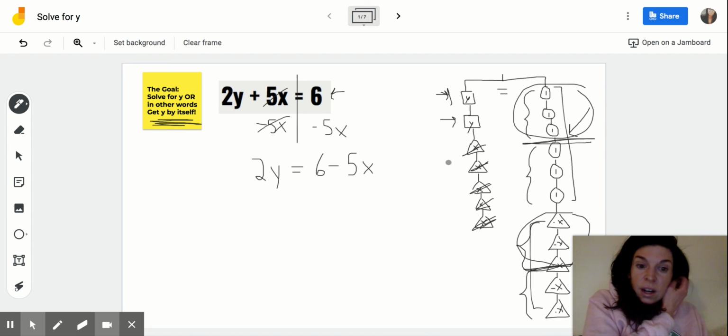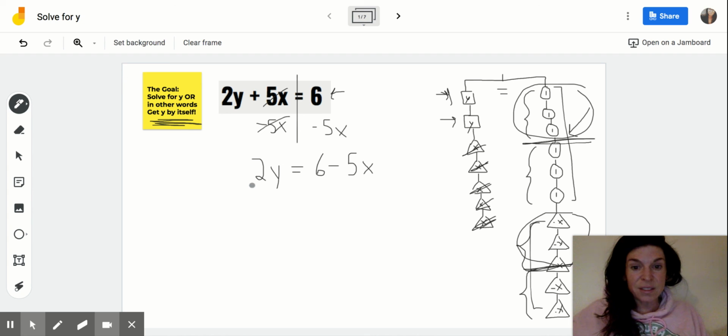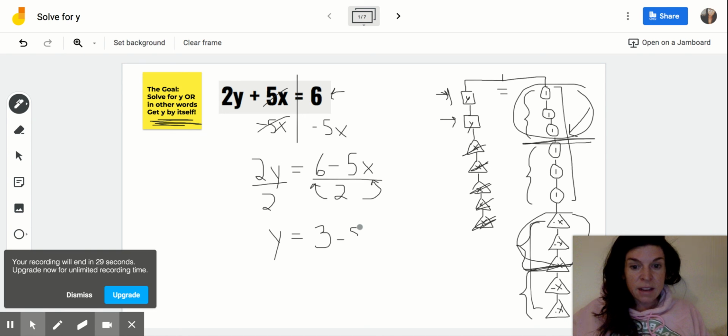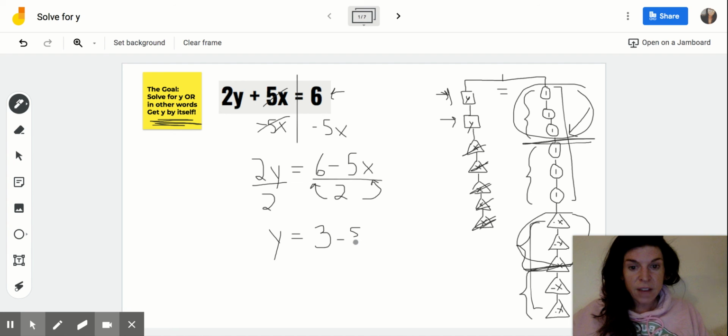So what that looks like on our equation is to divide both sides by 2 to figure out what each one of us gets. If we divide the other side of this equation by 2, we're going to divide the mashed potatoes by 2, so 6 divided by 2 is 3. And we're going to divide the chicken nuggets by 2 because each of us got to get nuggets. So it's negative 5 divided by 2. So negative 5 halves